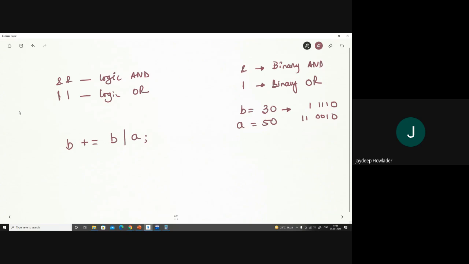So what is the OR operation? If I write a logical OR, then the meaning is: if this is true and if this is true, then the result is also true. But if we perform a single vertical OR operation, then it is basically a binary OR operation that we want to express. So doing this, 0 OR 0 is 0, 1 OR 1 is 1, 1 OR 0 is 1. Okay. You get this one?